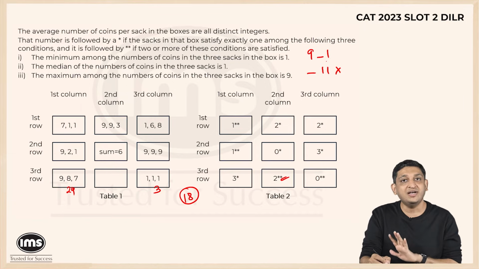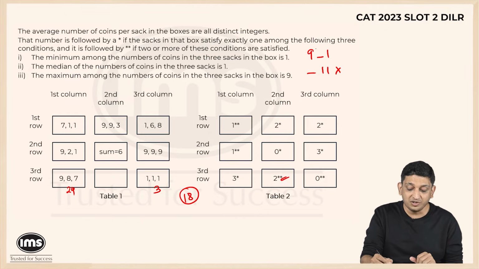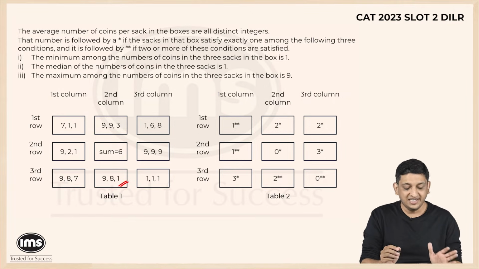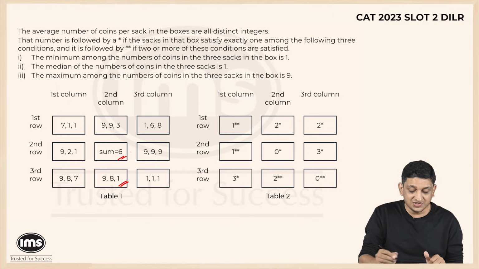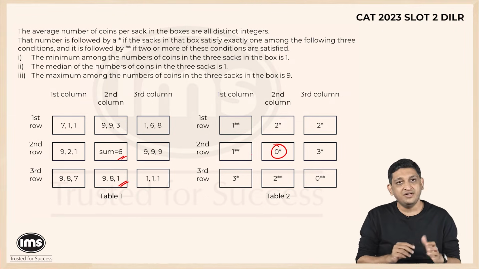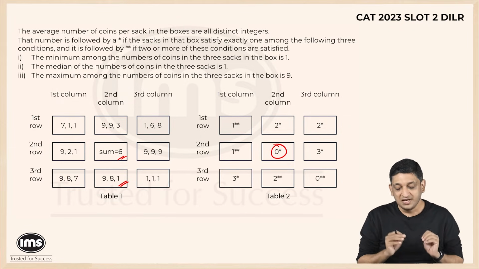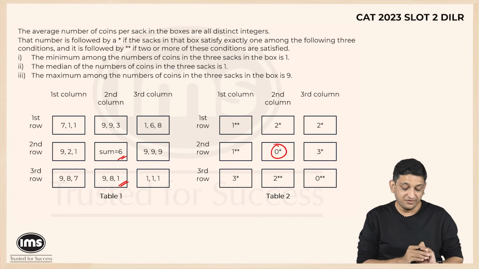And the sum has to be 18. Now if 9 and 1 are the two numbers, then the third number automatically becomes 8, and so we get a 981 in this block. That is what cracks this set more or less. Sum equal to 6 is what we have here. No number above 5, which is obvious because if there is some number above 5, then sum equal to 6 will mean that something or the other is 0. So I know that everything is below 5 for sure.